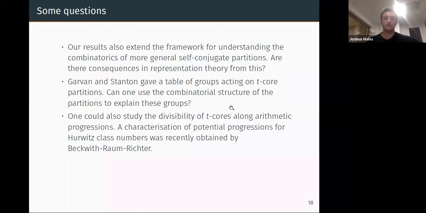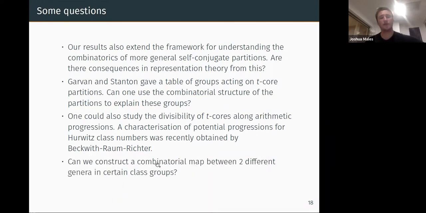A third question is, we know we have asymptotics of the number of T-core partitions, but we could also study divisibility. This is a bit more refined knowledge of, say, the number of certain representations. So we want to look at the divisibility of T-cores along arithmetic progressions, and I've started briefly with Zach Tripp to look at this question. A characterization of potential progressions for T equals 4 in terms of Hurwitz class numbers was obtained by Beckwith, Rao, and Richter very recently. I think there's a preprint earlier this year. And a final question